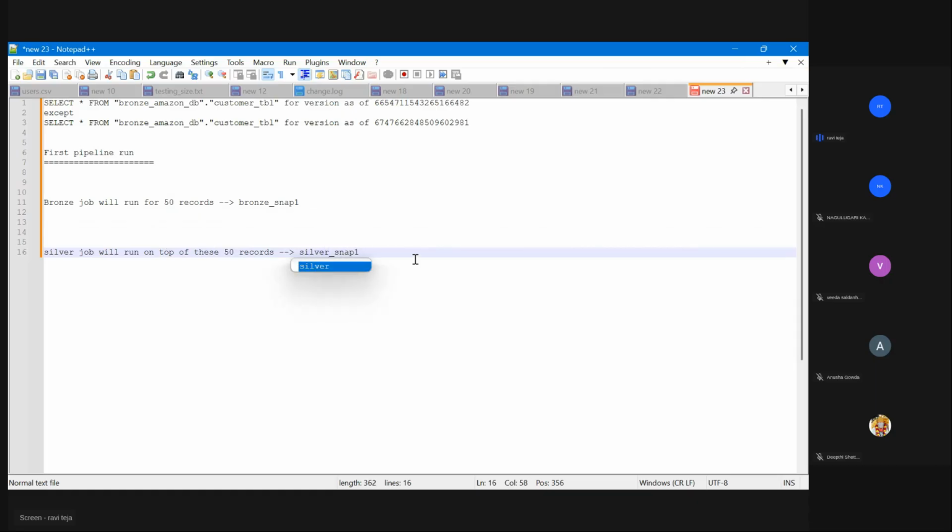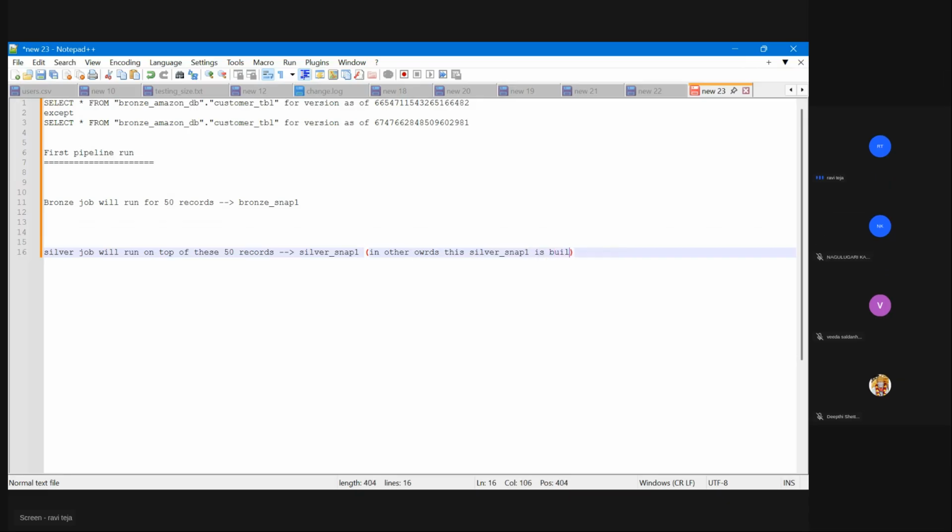In other words, this silver snap one is built using branch snap one. Fine, that's the first step.